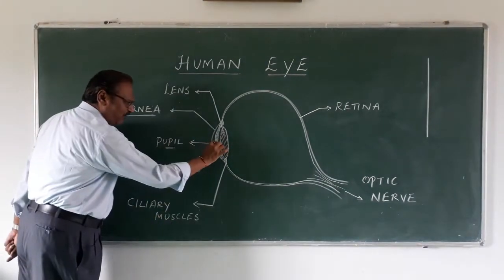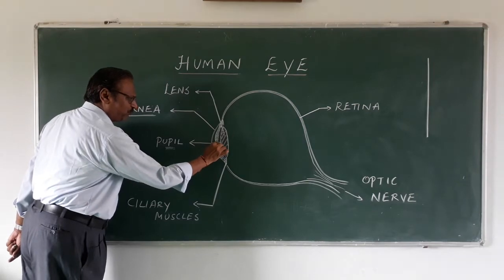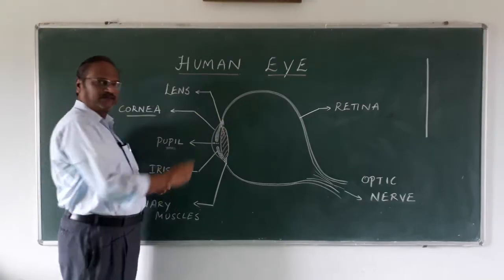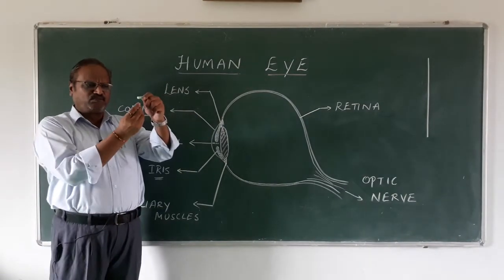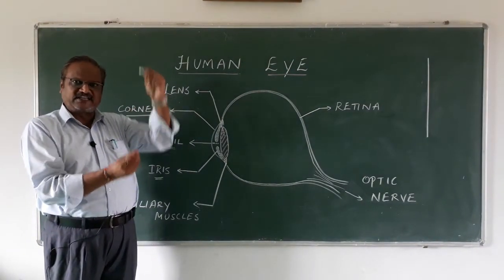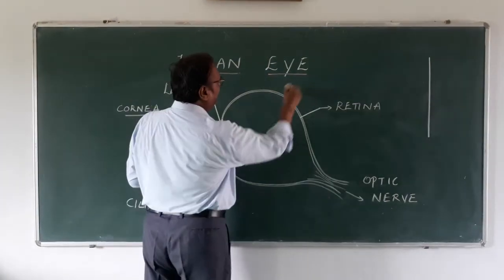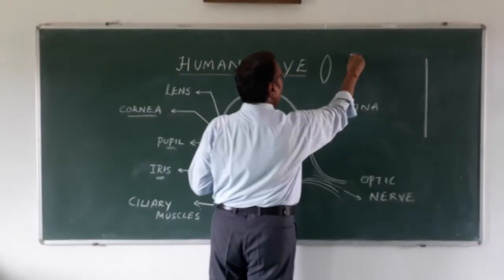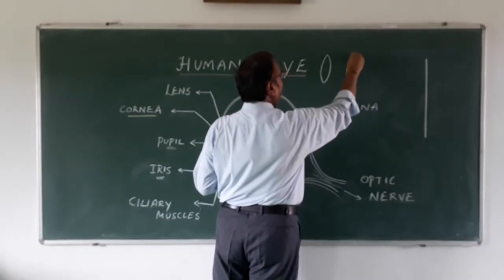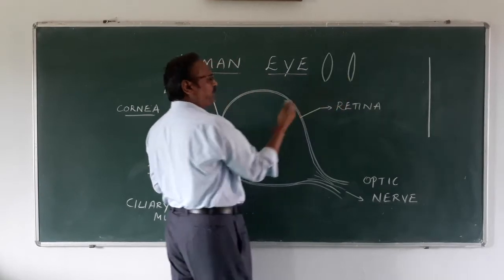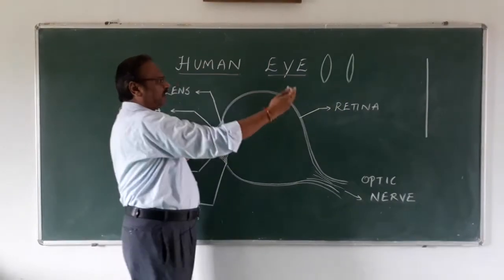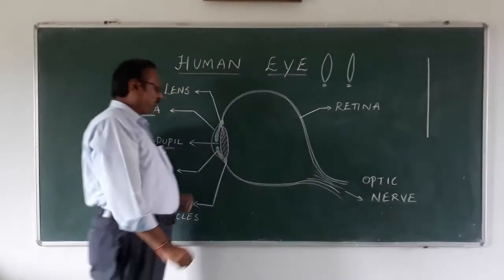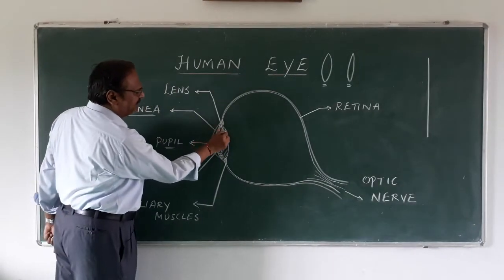It's a small, narrow opening, and that is called the pupil. Now we move further. Look at here. The lens. I said the lens can become thicker or thinner. I am drawing here. It can become thicker or it can become thinner, right? Depending on the object. If the object is close by or far away, it can become thick or it can become thin. Okay. Now, who makes this thick and thin?